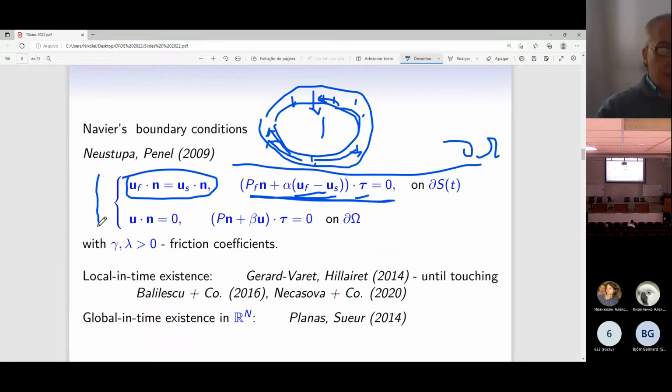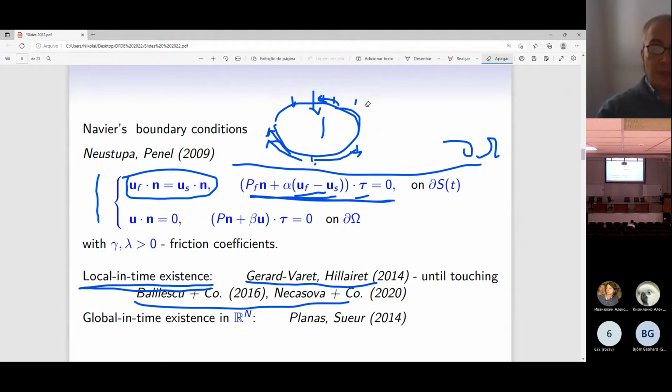Then with this boundary condition, many mathematicians made attempts to obtain a global solvability result. Nevertheless, until now, only local in time solvability results have been obtained by many mathematicians. I give here some names of mathematicians, and the main result is based on the fact that it was proved as a local in time existence result in the sense that